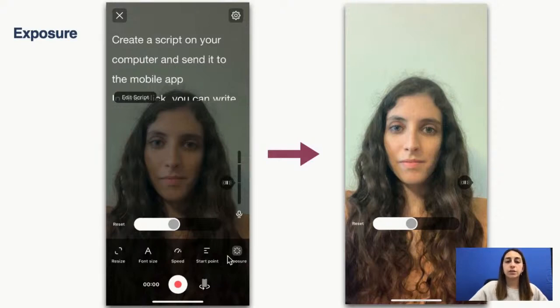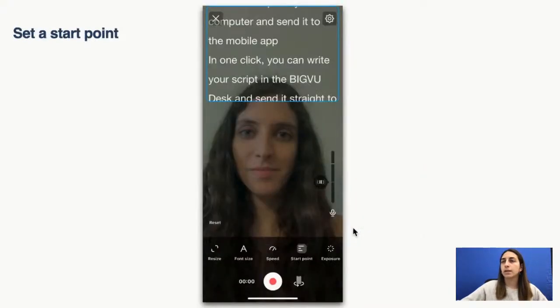This button gives you the option to adjust the light setting if you want it to be lighter or more dark. The next option we have is setting a start point. You can choose where you want your text to start. If you, for example, wrote something at the beginning and then you've changed your mind, you can move it